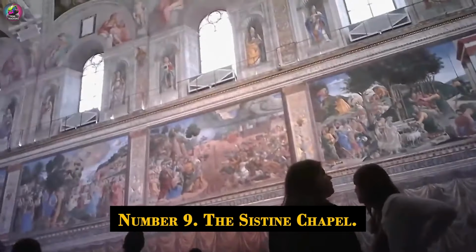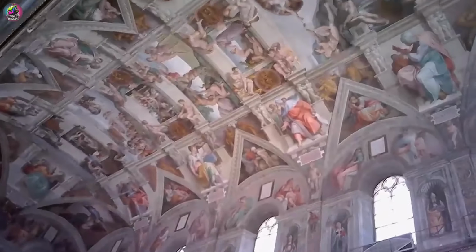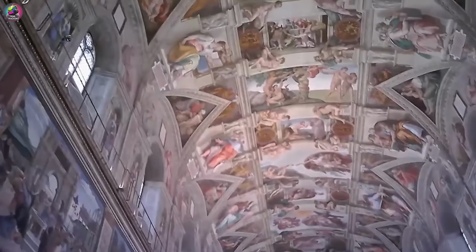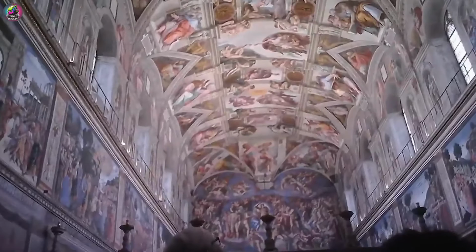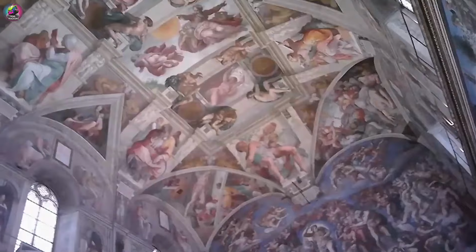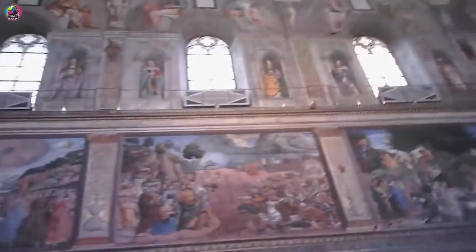Number 9, the Sistine Chapel. Now let's fast forward in time to the Renaissance and experience the artistic explosion that swept through Italy. Located within the Vatican museums, the Sistine Chapel is a small papal chapel known for its breathtaking ceiling fresco, The